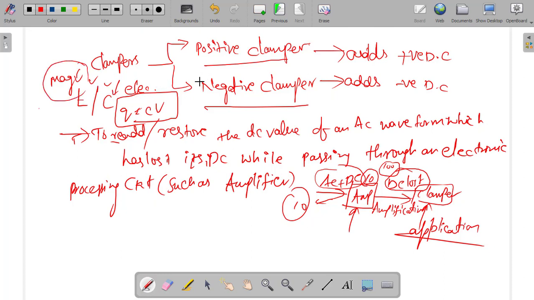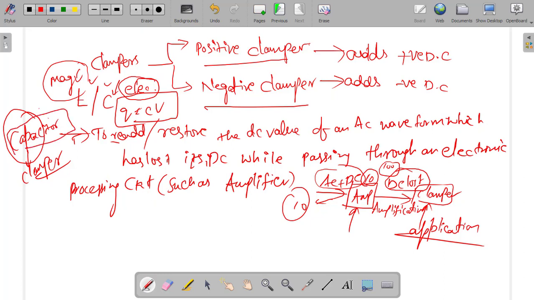So you need a device which stores electric energy, in the form of voltage or current. That device is nothing but your capacitor. So the capacitor is the most important primary element in a clamper. In order to restore the DC using a clamper circuit, we need an energy storage element called a capacitor, because a capacitor stores energy in the electrical form, whereas an inductor stores in the magnetic form. So coming to the circuit, how will the negative clamper look like?